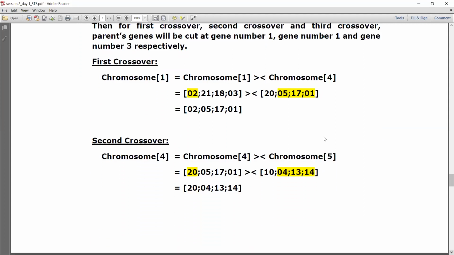For the first crossover, we have called the first chromosome, then we have called the fourth chromosome here. The outcome after this first crossover will be a solution. That solution has to be seated in the first position of the new crossover population set. Done. So now how are you going to perform this crossover? I have the first solution 2, 21, 18, 3, and the next one is 20, 15, 17, 1. So it is at the first gene point, right? So I have to look at it very clearly. Look at it, please, patiently.